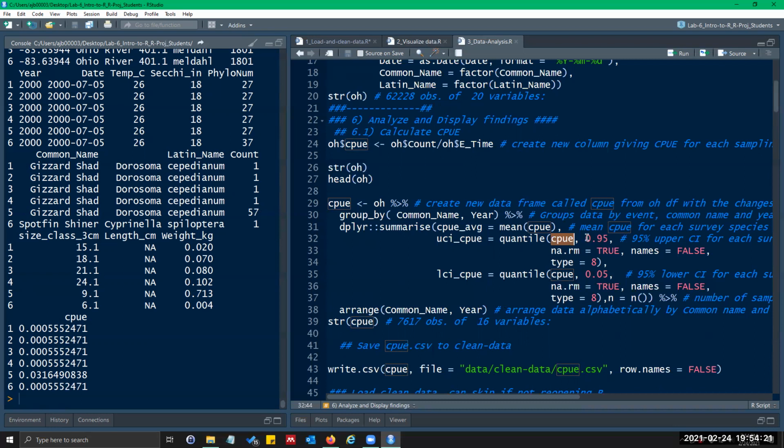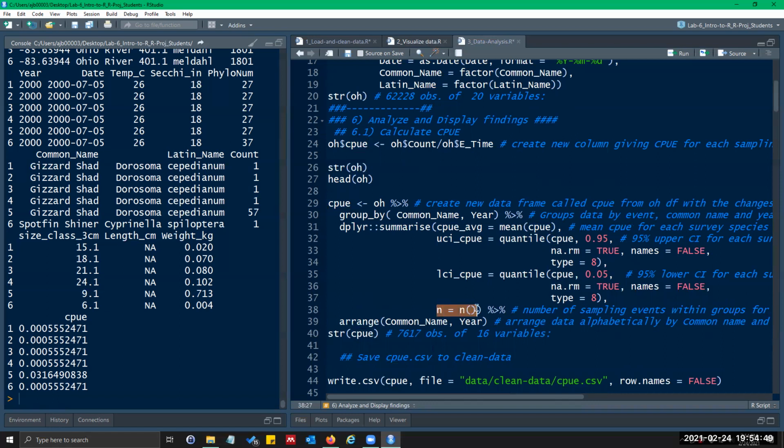The second argument is which quantile. So we want the 95% quantile. That'll be our upper quantile. This just means remove NAs. Don't name anything. This is just the type it's using. Don't worry about that. The only difference here for lower confidence interval is I'm doing 0.05. Everything else is the same.